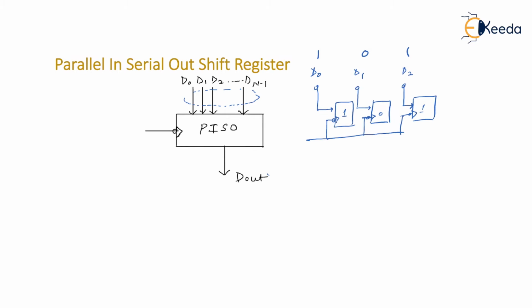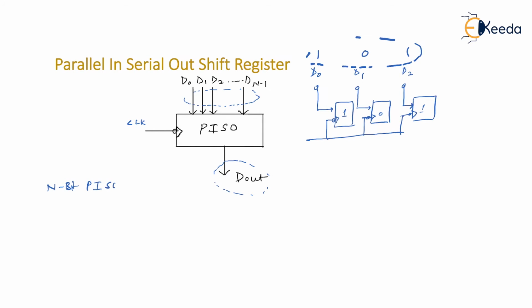But then, as you can see in the output arrangement, you got only one pin. Even though all the data is available, you cannot take that data on a single pin. In fact, you have to take only one bit at the output pin at a time. So I hope you understand that. Irrespective of whether it is 3-bit, 4-bit, 5-bit or 6-bit, you require only one clock pulse to store the data. Yes or no?